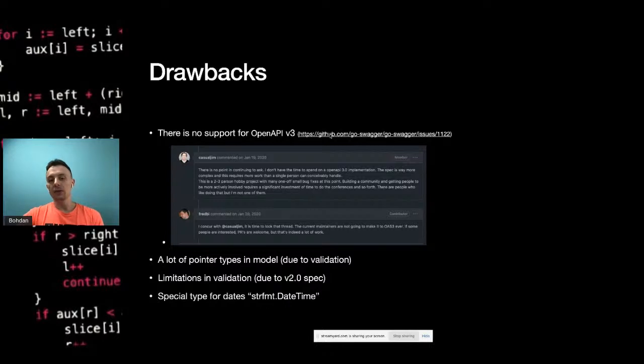So all of these things are drawbacks, and I feel we can live with them. At least in our projects, the benefits which GoSwagger brings us are much bigger than the drawbacks. But this is fair enough, and we should keep it in mind.